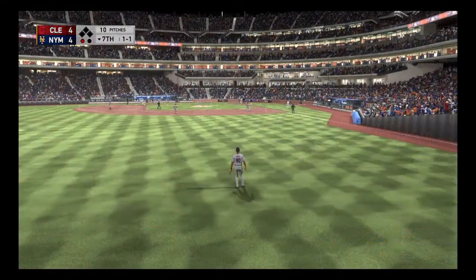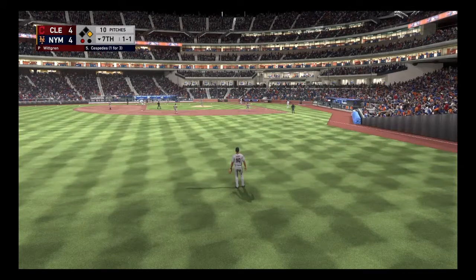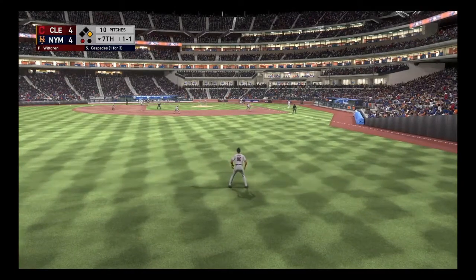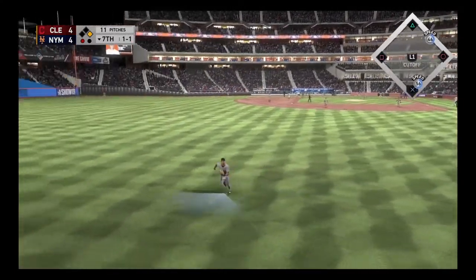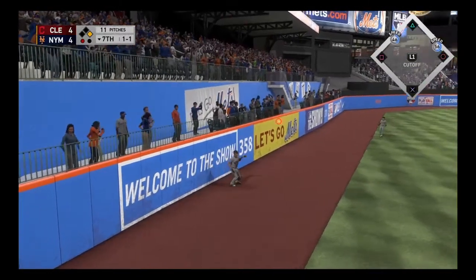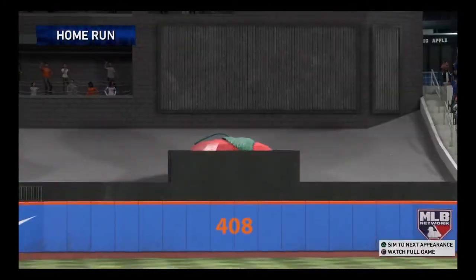Here's Yoenis Cespedes, the left fielder, number 52. He sat down on strikes in his last at-bat. You know, Madden, every team has that one guy, and Yoenis Cespedes is that guy for the Mets. There's a swing, and he sends a ball high in the air into left field. And as Mets fans have heard before, that ball's out